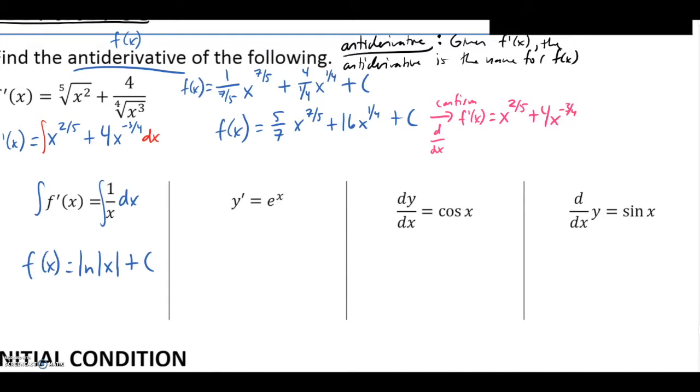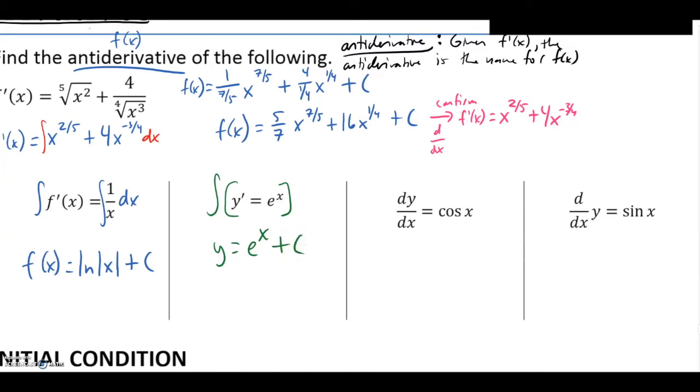Our second common function that we should know the antiderivative for, looking at y prime equals e to the x, we'll integrate this function here. The y prime will become a y, but the more important part, the integral of e to the x will just be e to the x. Remember, that was our one special function where the derivative equaled the original function. So moving backwards, it should make sense that we're going to end up right back at e to the x,